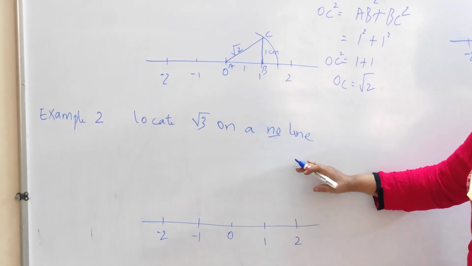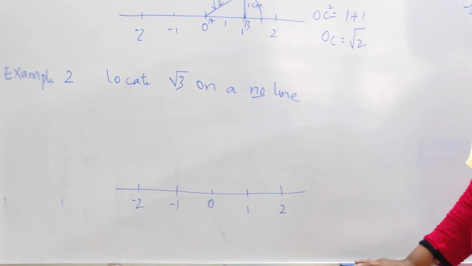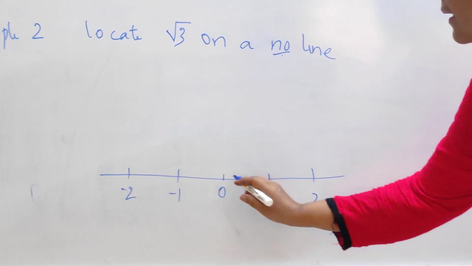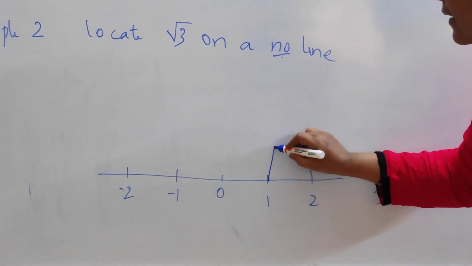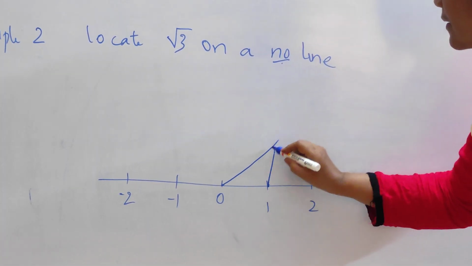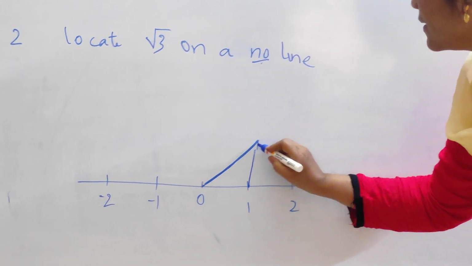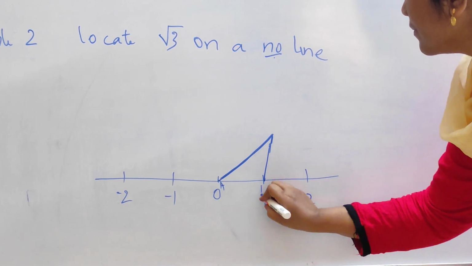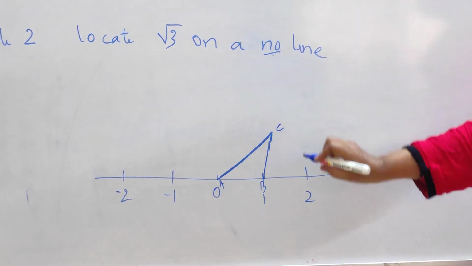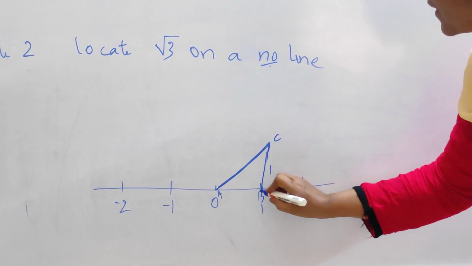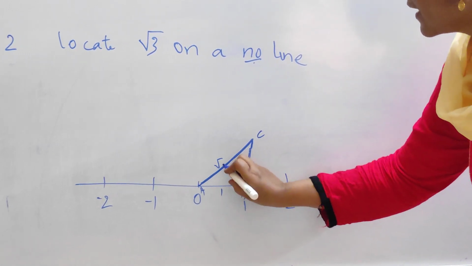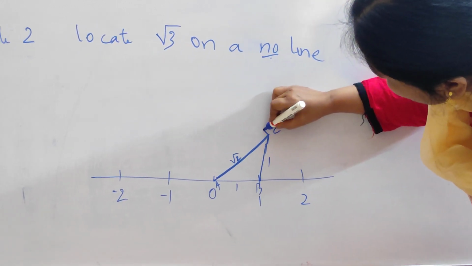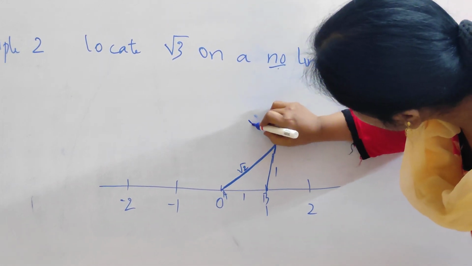Okay. Now let us see how we are locating root 3 on a number line. The same procedure, children. You take 0 to 1 unit. Then again take 1 centimeter here. Now you join this, and you get a triangle. Let us call this A, B, C. Just now in the previous diagram, we said this is 1, this is 1, so this is root 2, right? Now for this root 2, again you take your scale here exactly just like this.